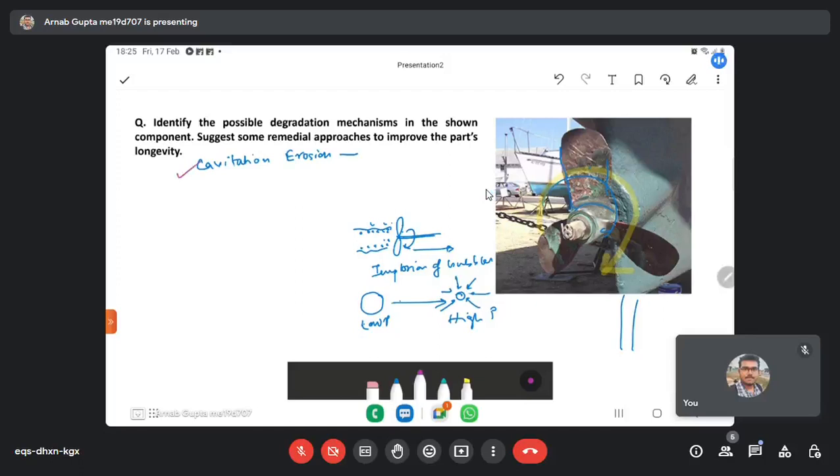So you are saying something regarding chloride ion ingress, right? So this causes corrosion. That is also a degradation mechanism. So due to the attack by these chloride ions, it will lead to pitting type of effect on the surface, pitting corrosion. And as we had discussed in the last class,